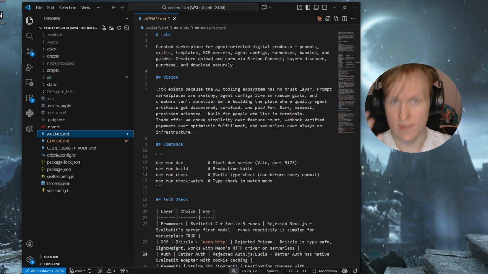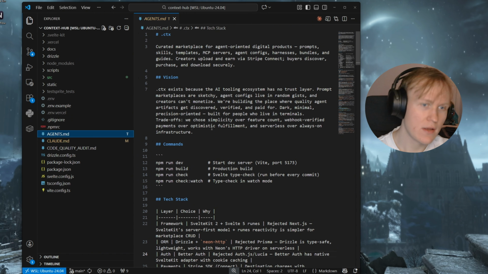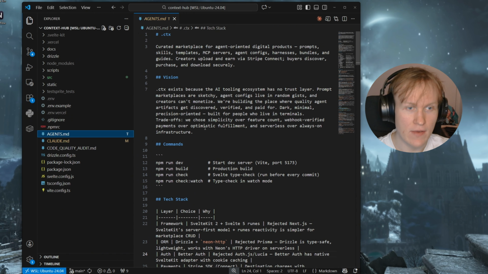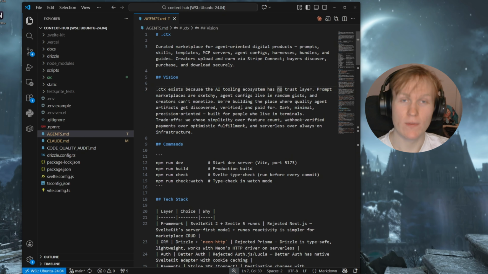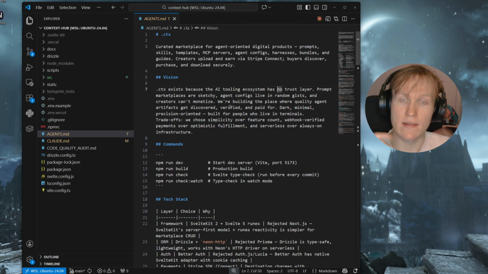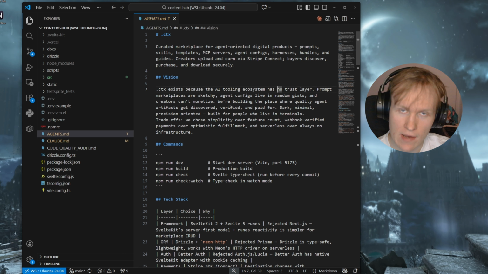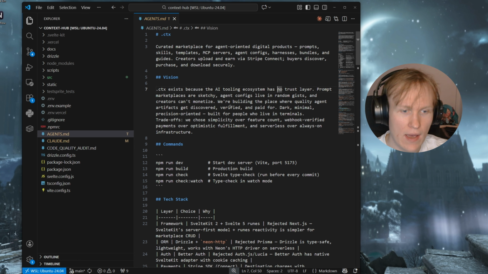So here you can see a real example of this for my recently developed app, .ctx, where I have a small section for my vision of this, why it exists and why I'm building it. So this is basically a marketplace where you can monetize your markdown files and skills and all such. That is very valuable. Now after the vision, what I include is the commands, we have the tech stack,